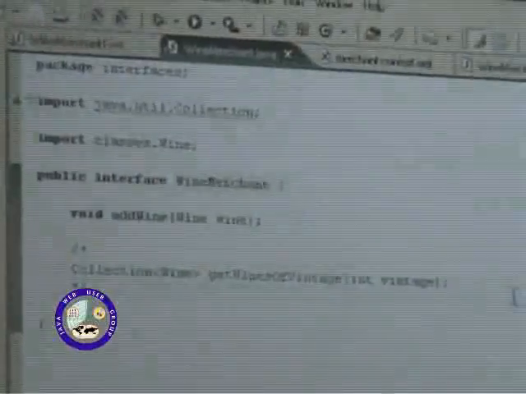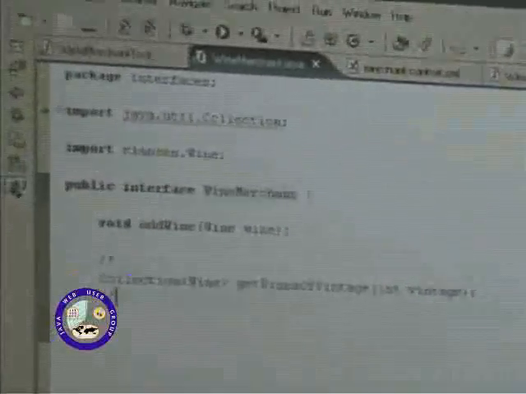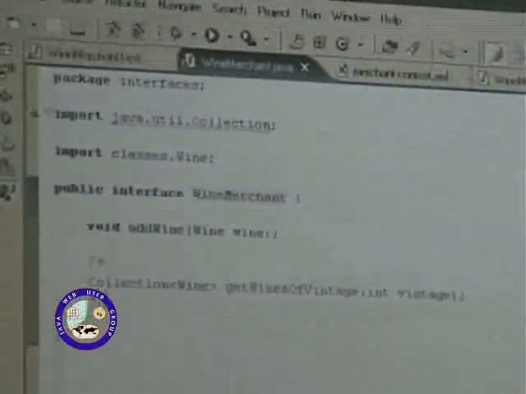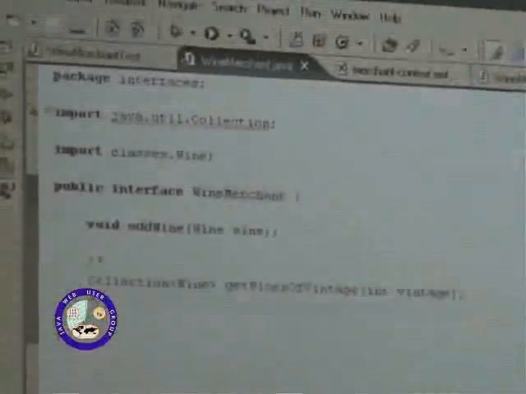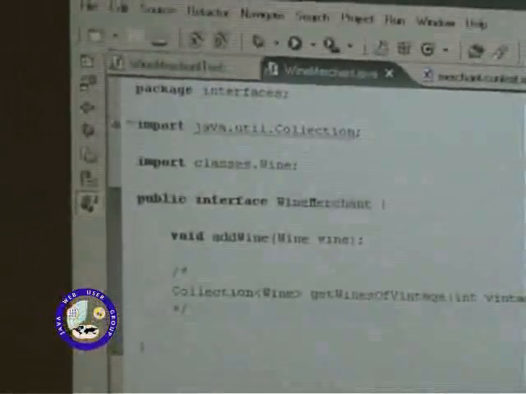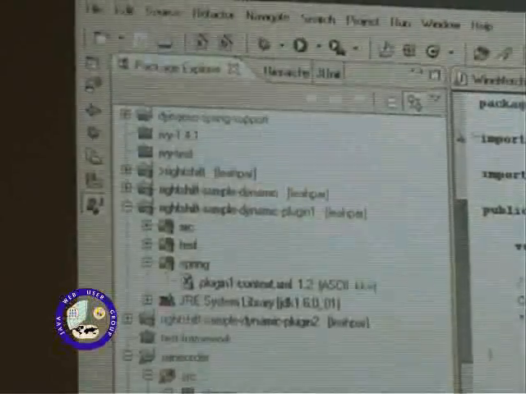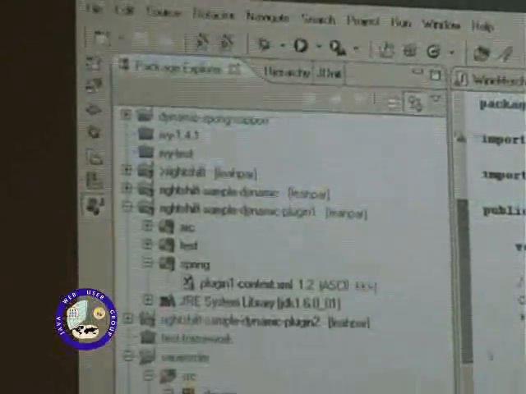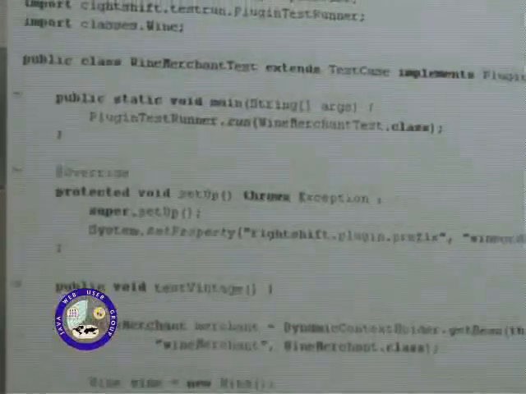You could obviously go in a whole lot of different directions with it. But at this point, it just has a simple ability to add a wine, and I'm going to add a little extra capability where you can get wines of a particular vintage, given that vintage is one of the pieces of data in the wine metadata, if you like, in the wine class. So what I'm going to do is start from a test, and this test is called WineMerchantTest, which extends TestCase, and I won't tell you about this plugin, Spectral, quite yet.